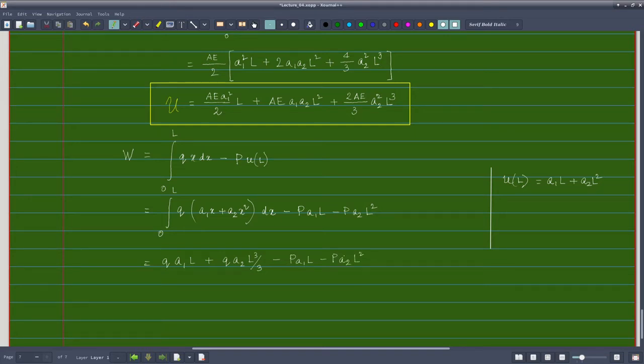Okay. It is x dx, so L square by 2. Yes. So this is my work potential,